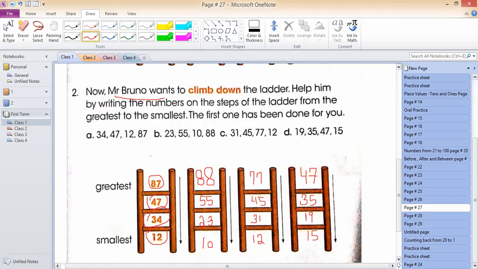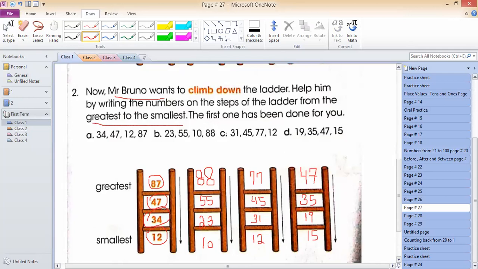This is something very, very important because some students mostly make mistakes here. They don't read the question very carefully. They just check the numbers we have to arrange, and sometimes the question asks you to arrange the numbers from smallest to greatest, and they do the opposite. They arrange greatest to smallest. And when the question asks you to arrange greatest to smallest, again they do the opposite and arrange from smallest to greatest. So when the question asks greatest to smallest, you have to write the bigger number first.